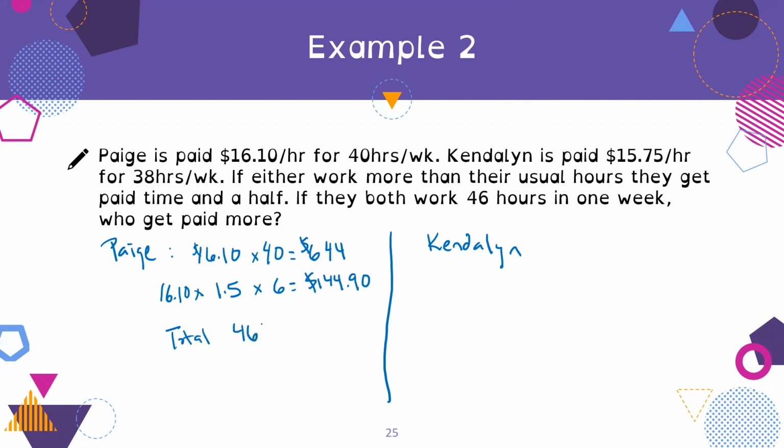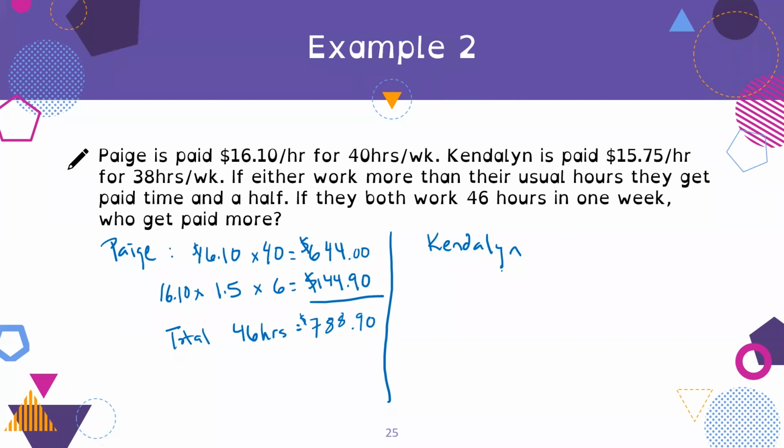So then for the total 46 hours, you would add these 2 together. You can do it in a calculator, or you can just add them depending what you're comfortable with. So 90 cents is the same. $4 and $4 is $8. $40 and $40 is $80. And 600 and 100 is $700. So Paige would make $788.90 for those 46 hours in 1 week. Okay. So now we're halfway there.